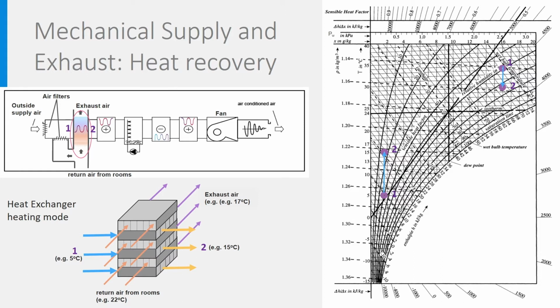This is a heating example. The two flows of air are separated by plates and exchange heat through the surface area of the plates. To allow for heat exchange, there must be a temperature difference large enough between both flows. Generally, it will be between 2 degrees for very efficient heat exchangers and 10 degrees for less efficient ones.